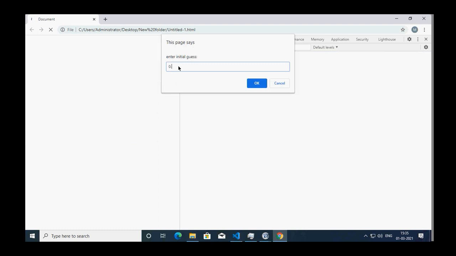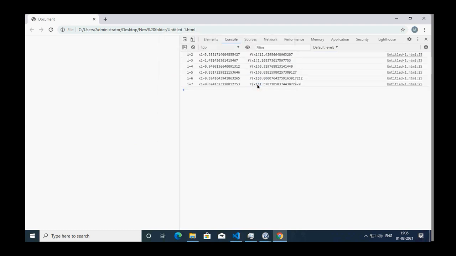So if we take a very small value like 0.1, okay, still it has converged because it has the way to move ahead and to converge the solution. So there is no requirement of actually checking that f dash of x should be greater than f of x. Anyway, we are performing 100 iterations. After 100 iterations, if it is not converging, we immediately realize that with this value it is going to diverge.